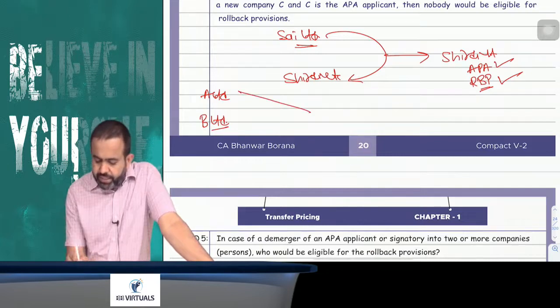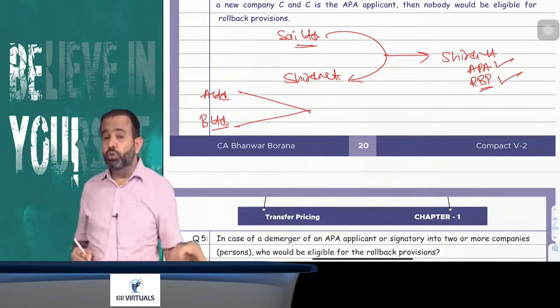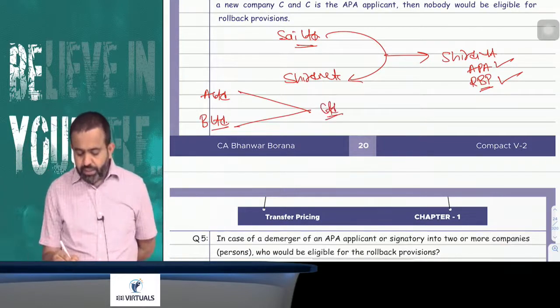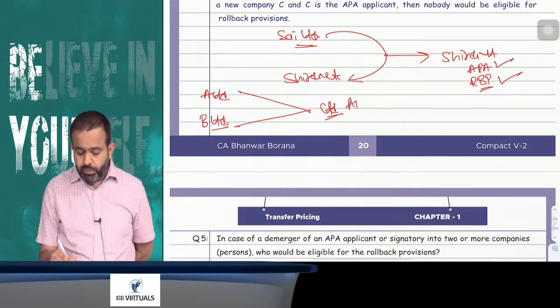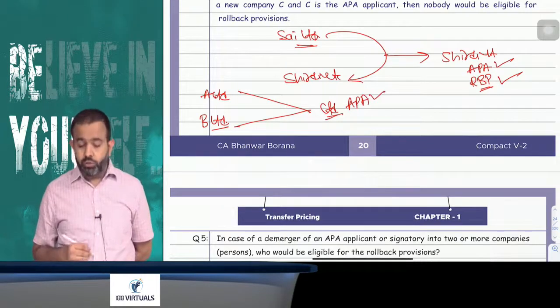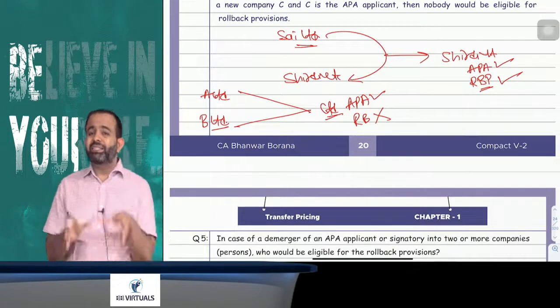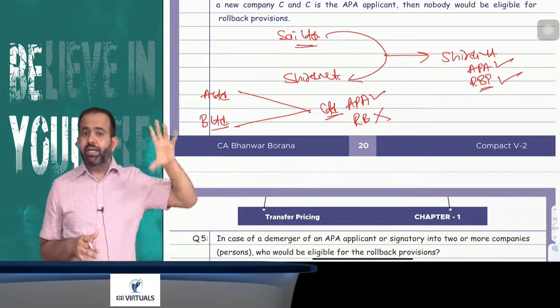Now AB Limited is merged and they made one new company, and that new company name is C Limited. Now suppose C Limited applied for the APPA. Question is, can they go for the rollback? Answer is no. A rollback provision is not applicable because C Limited is now in existence, but earlier C Limited was